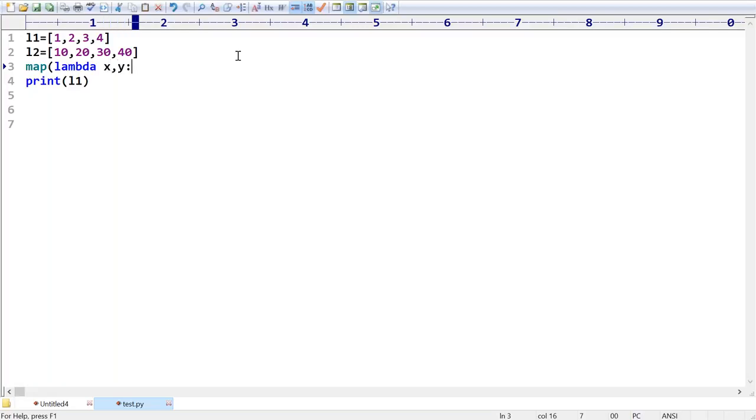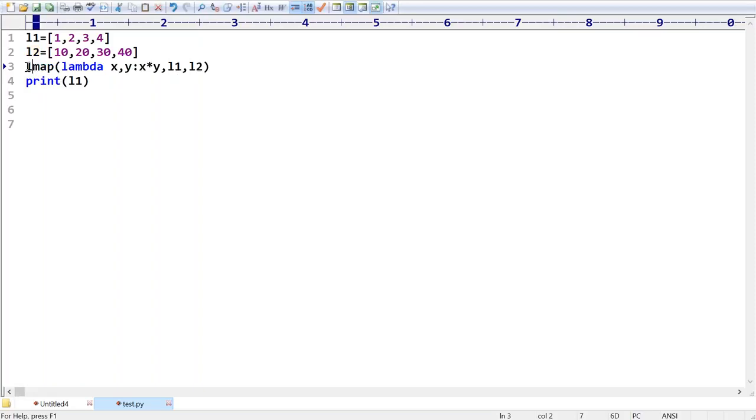x comma y. What I have to take? x into y, I'm taking, comma L1, comma L2. Observe that, for the given two inputs x comma y, you have to find x into y. Sir, x will be taken from the first sequence, y will be taken from the second sequence. In Java, this type of facility is not there, sir. But both should have the same number of elements. If the same number of elements are not there, then definitely this approach is going to fail.